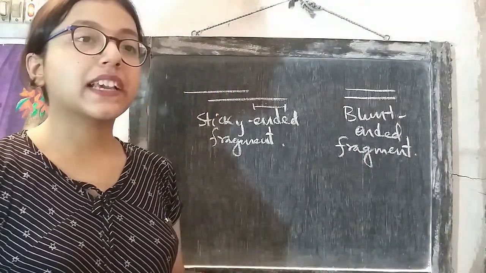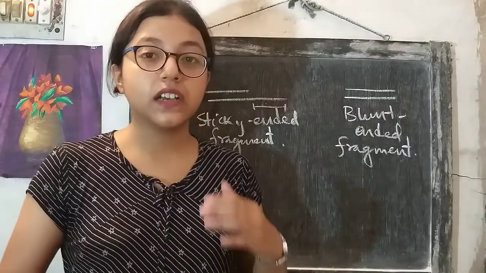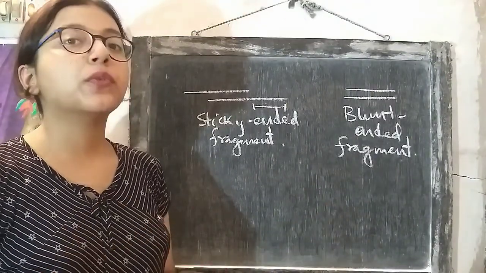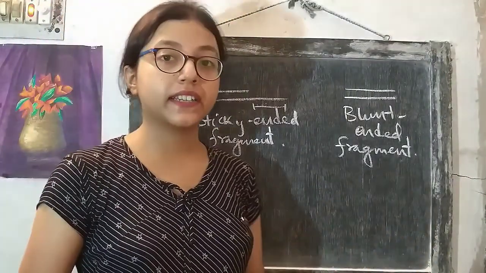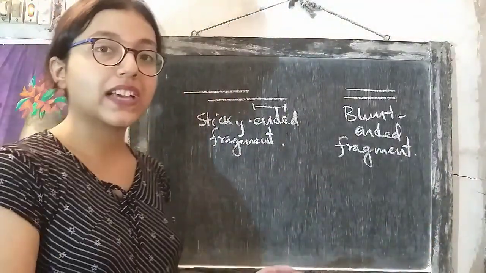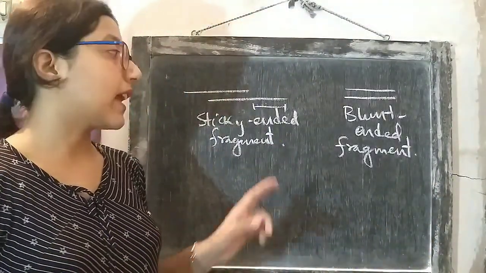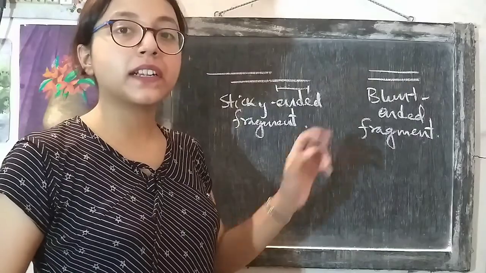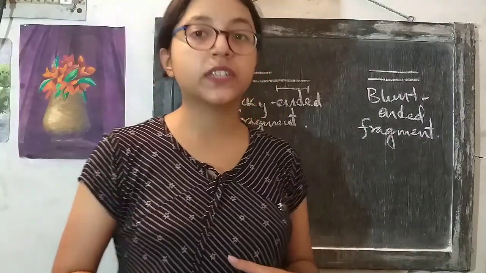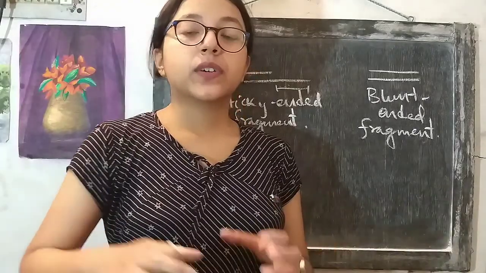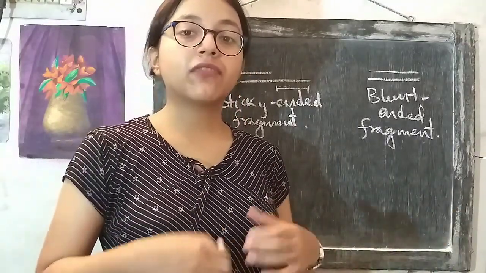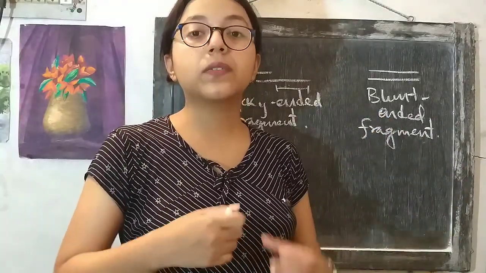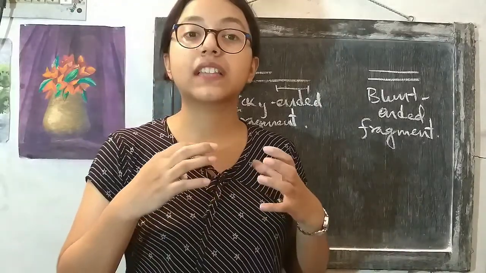For sticky-ended ligation, there are different kinds of enzymes that help in the process, and it is very much easier than blunt-ended ligation. Only a few enzymes can carry out blunt-ended ligation. Both types of ligations are performed, but it is always better to carry out sticky-ended ligation for the reason I have just said. What will happen if we obtain a blunt-ended DNA fragment after treating with a restriction endonuclease? We must ligate it to a DNA fragment. The ligation reaction must be done, and for the ligation reaction, this blunt-ended fragment must be converted into a sticky-ended form. Otherwise, ligation cannot occur perfectly or with that much ease.